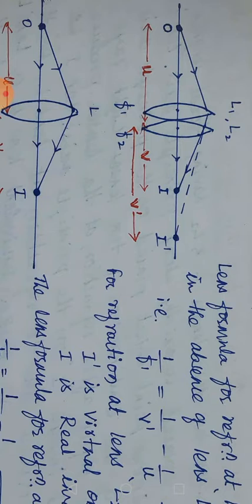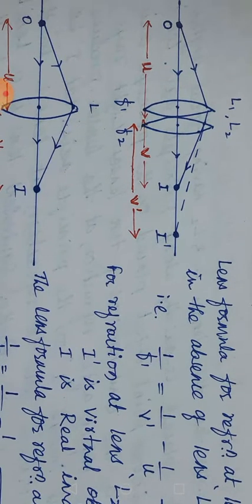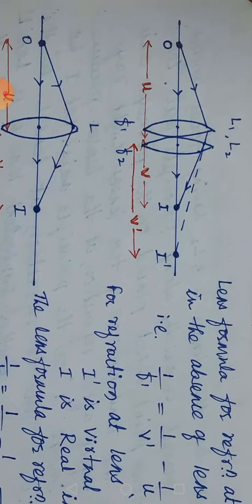O is the luminous point object placed to the left of the combination at a distance u from the point of contact. f1, f2 are the focal lengths of individual lenses. Now, to get the final position and nature of the final image, we have to consider a set of rays starting from the object. Here, we are considering two rays starting from the object point